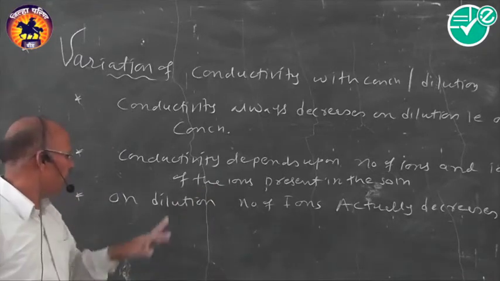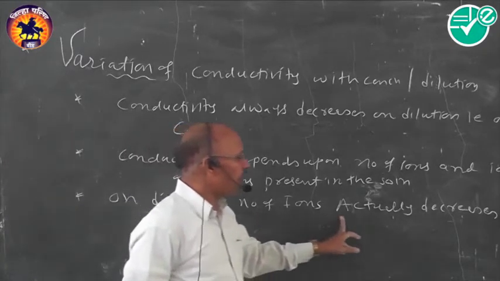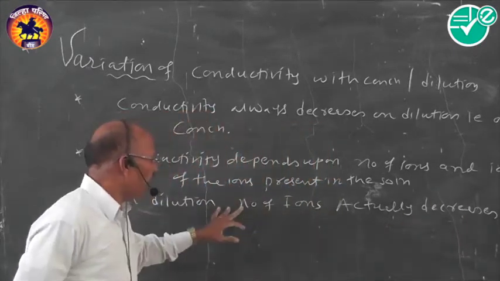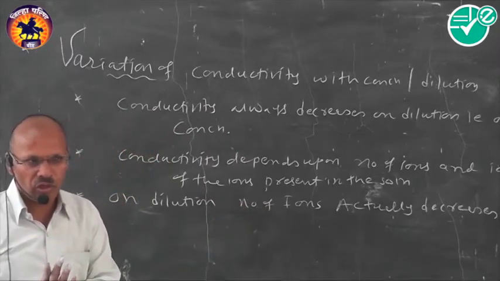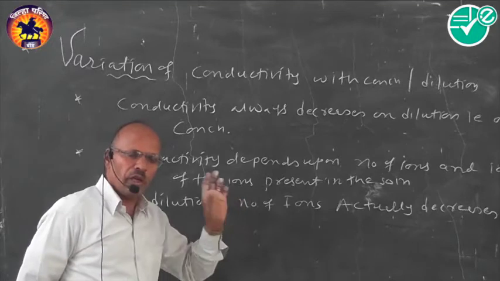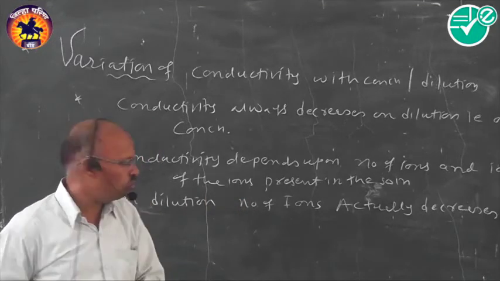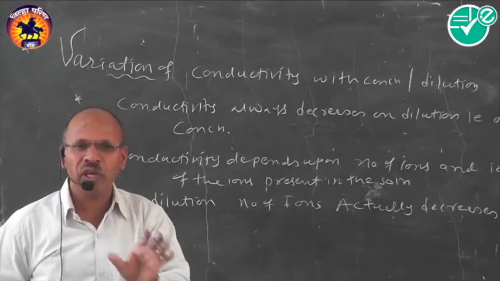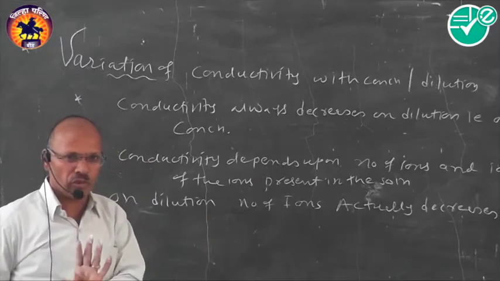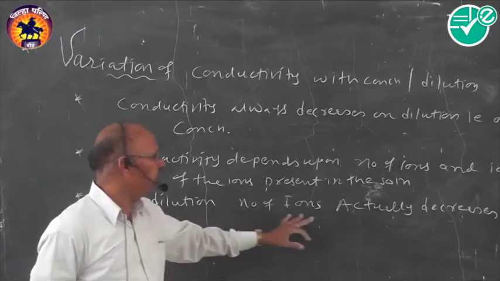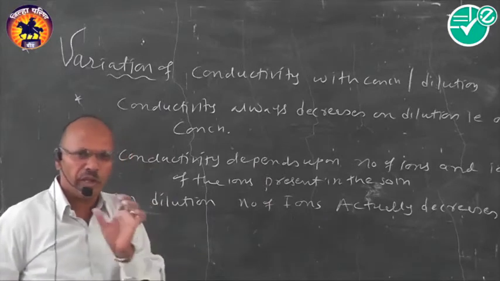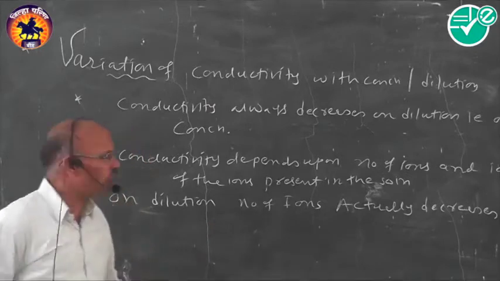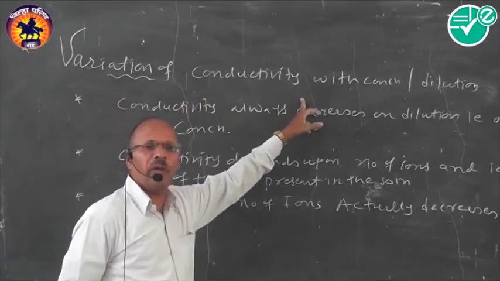and as a result of that in this particular case on dilution the number of ions actually decreases. So main reason is that in this particular case on dilution number of ions increases no doubt due to dissociation, but increasing number of ions is not in proportion to the action of dilution. जितना गुना हम डायल्यूशन करते हैं, जितने मल्टीपल से हम डायल्यूशन कर रहे हैं, उतने in the same way there is no increase in the number of ions, and by that way in actual practice the number of ions on dilution decreases and as a result of this one on dilution conductivity always decreases.